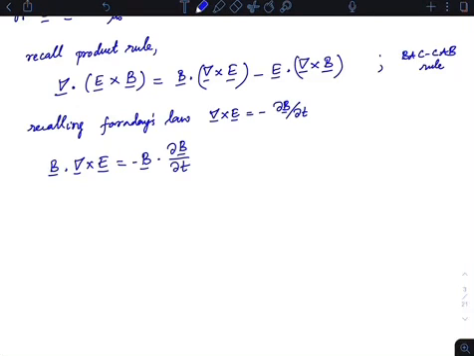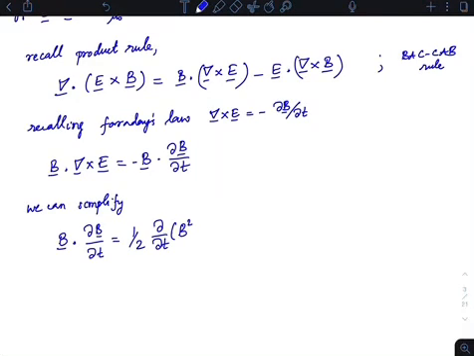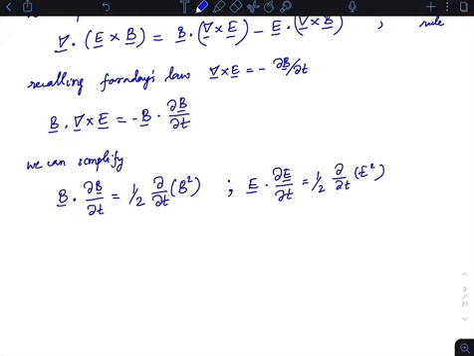Now we have two terms over here, and we can substitute for these terms in the equation we have written down for E dot J. But before that, we can simplify terms of the type B dot dB/dt as equal to 1/2 the derivative of B squared, the square of the magnitude of the magnetic field, and likewise E dot dE/dt is half the time derivative of E squared. Okay, now after having deduced all the tools that we need to write down E dot J in terms of entirely the fields E and B,